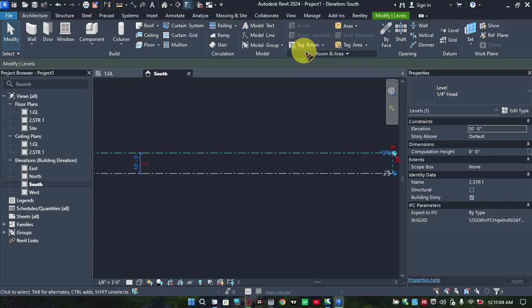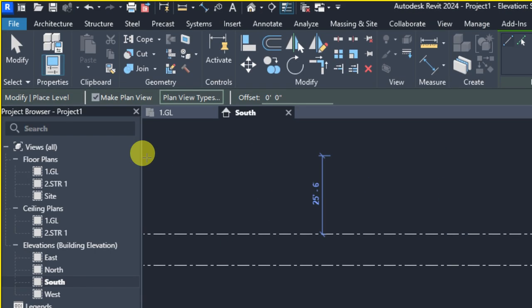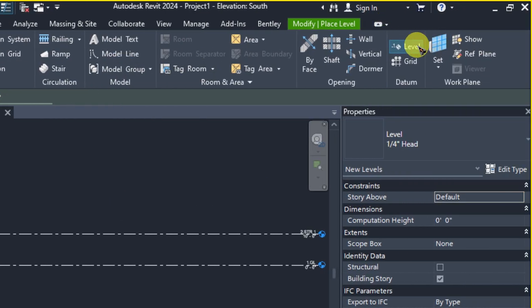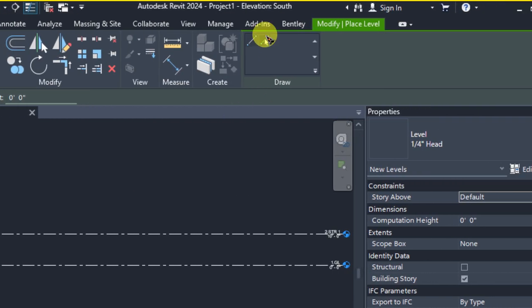Let me show you. But more or less, you come to this place here under your home tab. You can see it's called LL. You can click this way, or you can just press LL. So you can either use this one, come to Architecture and click on Level, or you just use LL. I'm going to pick